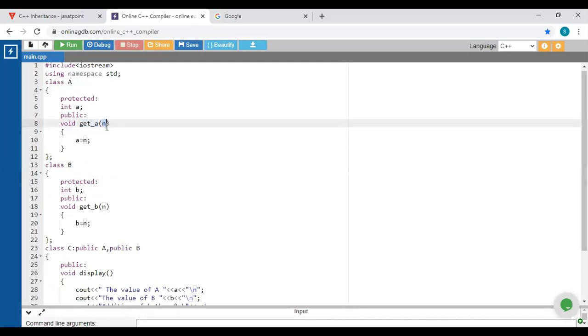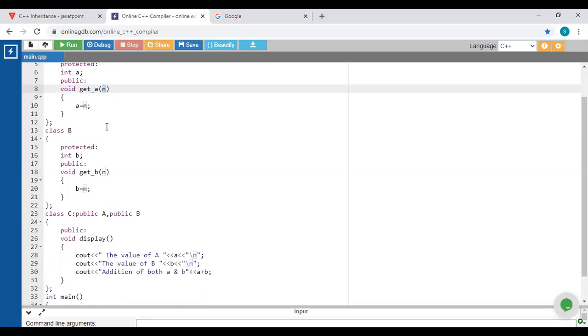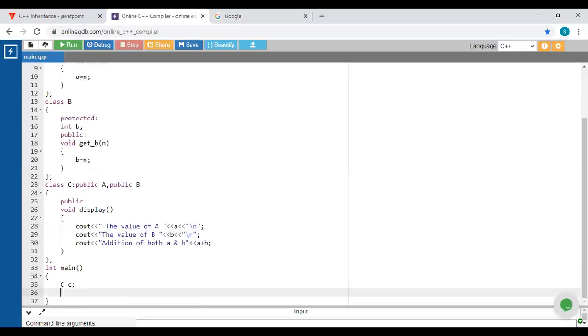How are we going to perform this task? Can anyone tell me how we are going to call that function? With the help of c.getA(n), the value of n. We will pass 10.